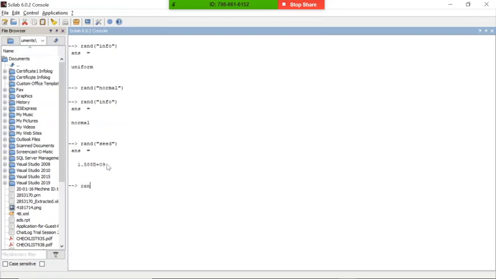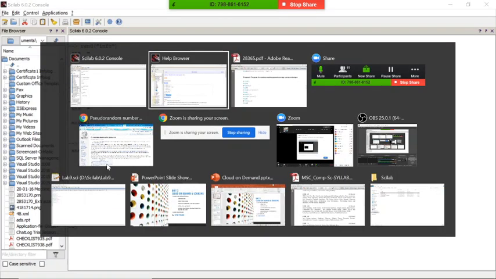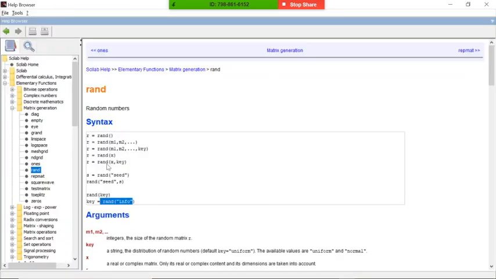Now we'll check one simple call without passing any value. This gives a random number, which is an unpredictable value. Now we will come to a different functionality of random number. We have already seen that without passing any value we can generate a single random value.